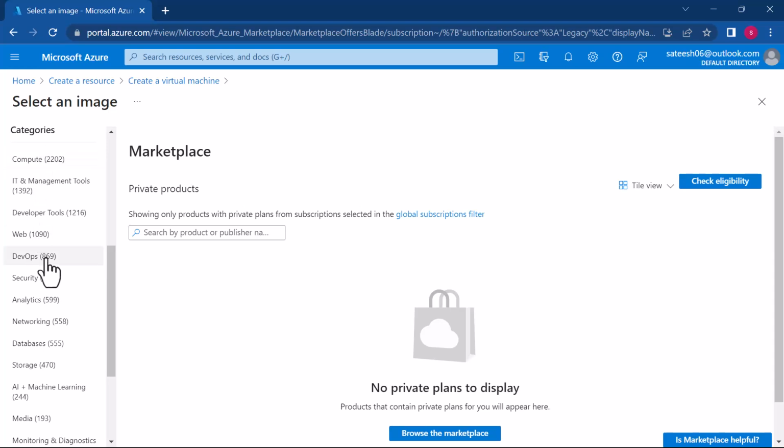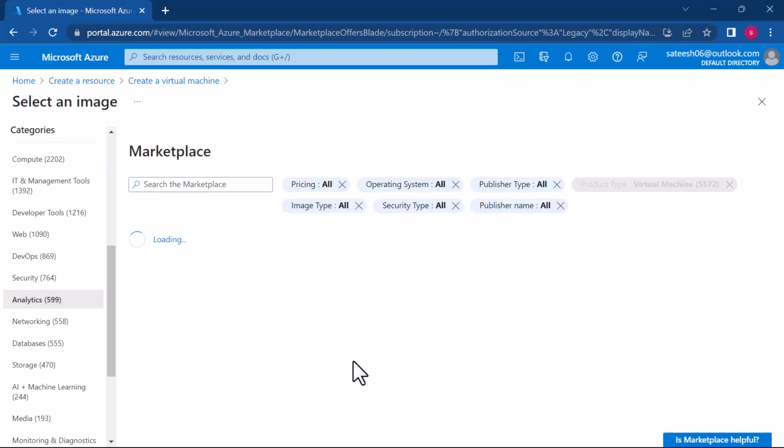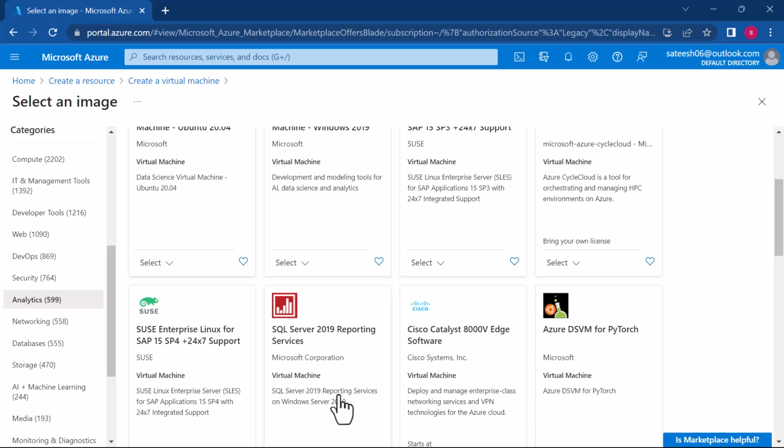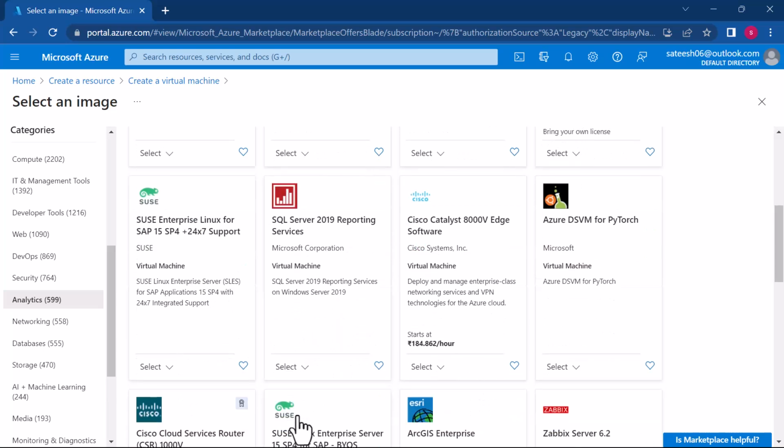Now there are also images under categories. Let's say analytics. Now you see this virtual machine has some data science related software in it. And you see here SQL Server 2019 reporting services. Okay, so there are basically,